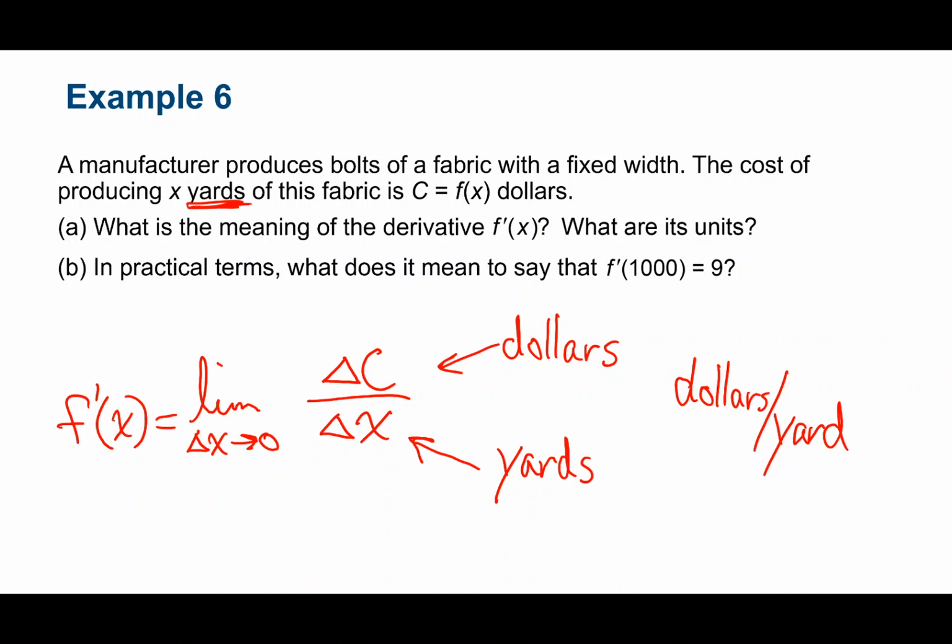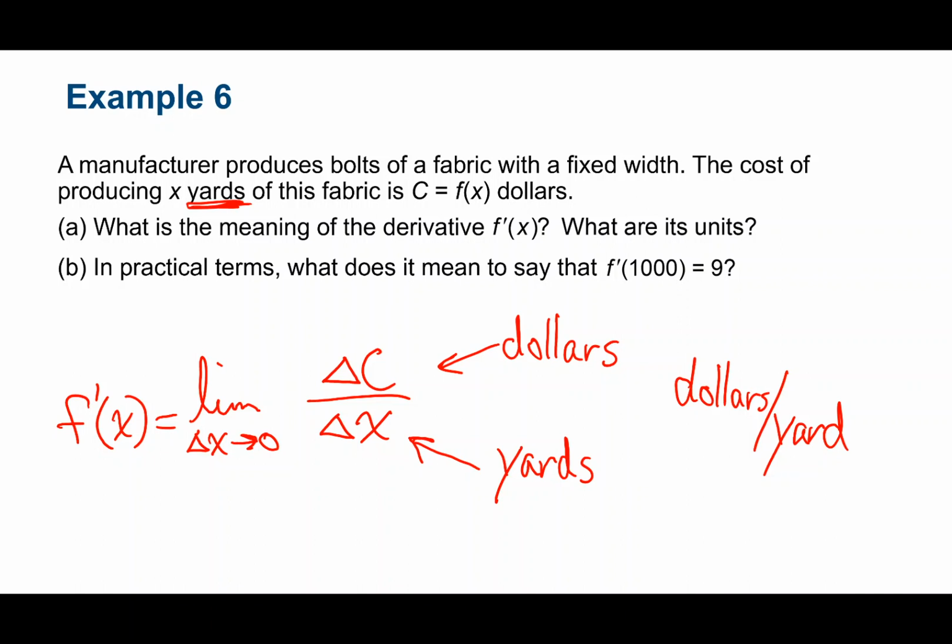Think our way through that. So first of all, is 9 positive or negative? It's positive, so that means something's going up. Okay, something's increasing because it's positive. And our derivative is like the rate of change. So what's increasing at 1,000? Our cost of production